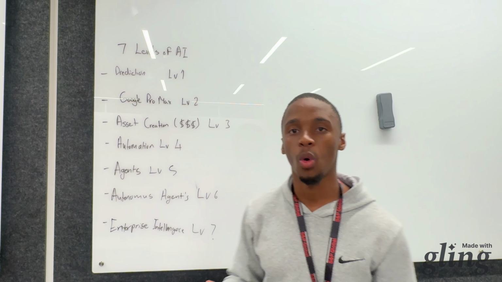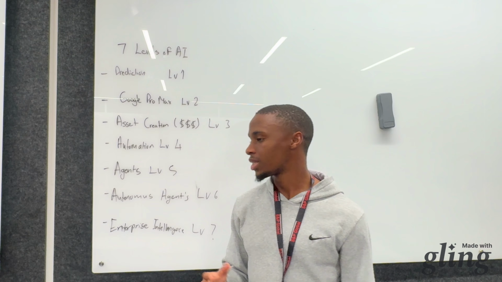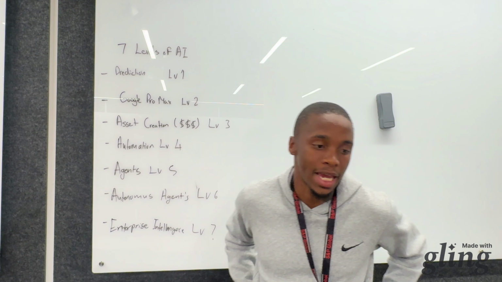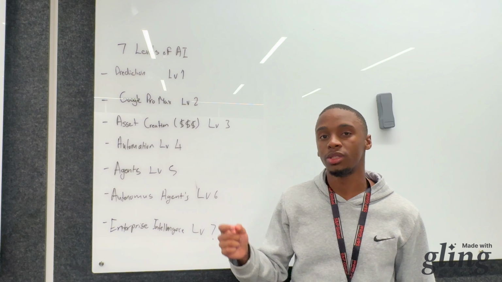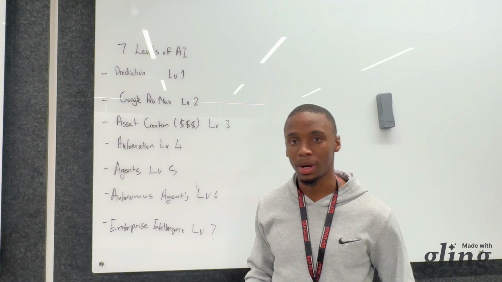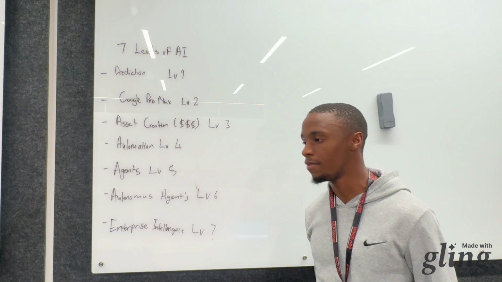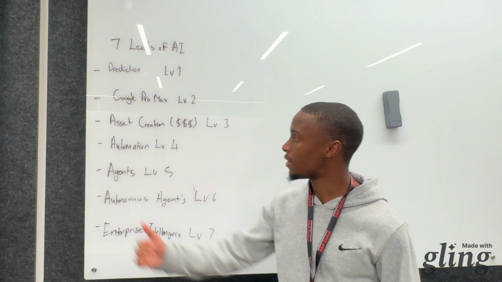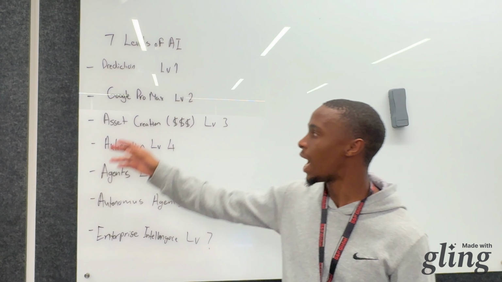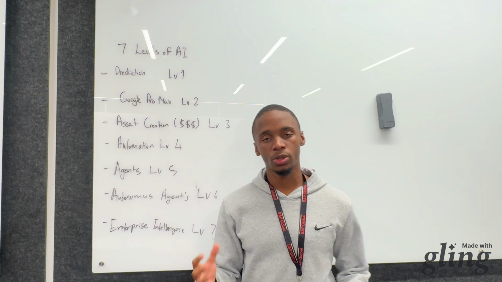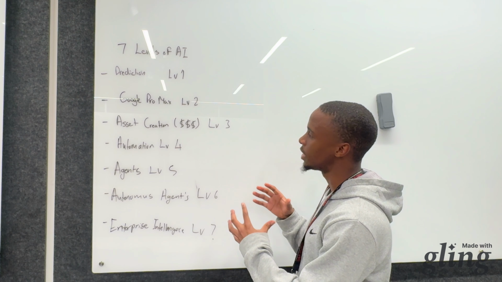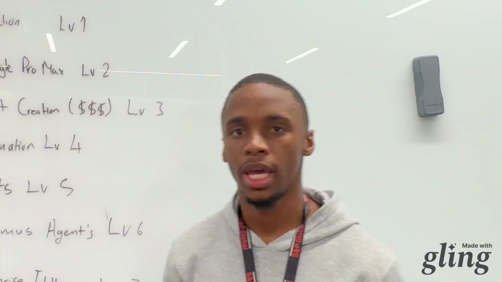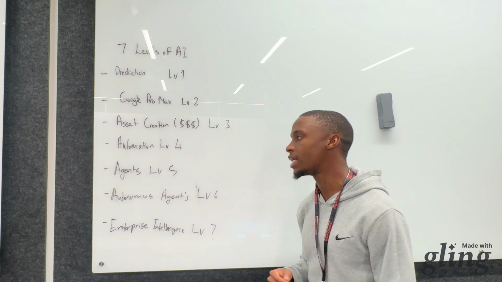Think about an author who has to write a book that has probably 300 pages. It would probably take around a year or 2 years to write that book. But with AI, they can cut it down to a month, 2 months at most, if they're constantly working at it and getting feedback very quickly. So asset creation just allows us to close down the feedback loops that it takes to make something good in our company.